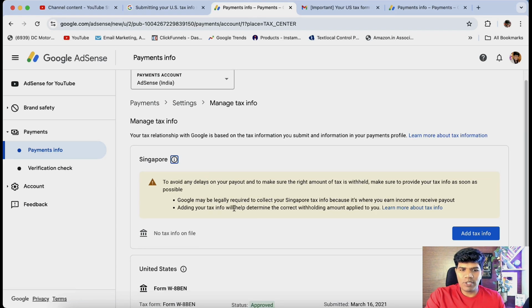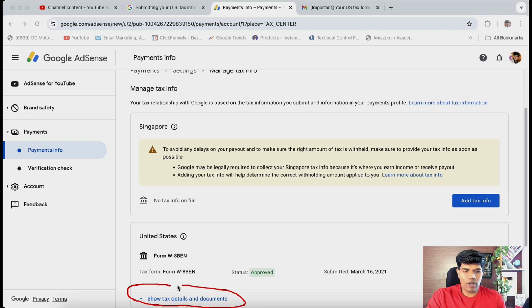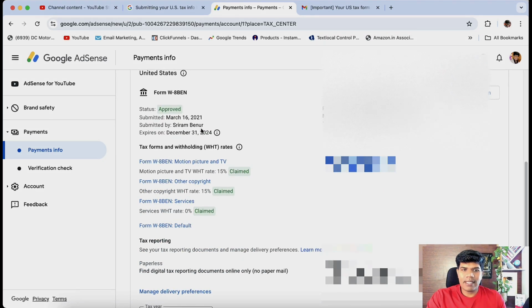So we are not concerned about Singapore here. We are looking for the US tax details. So I'm going to just click on show tax details and documents. Just click on this thing here, show tax details and documentation. Okay, this is going to show the details for US tax. I'm just going to click on show tax details and you see something like this where it says we had